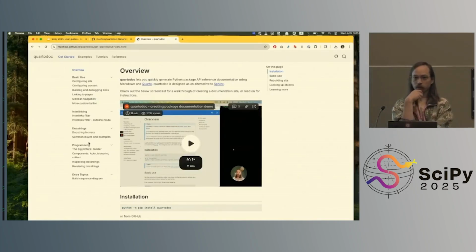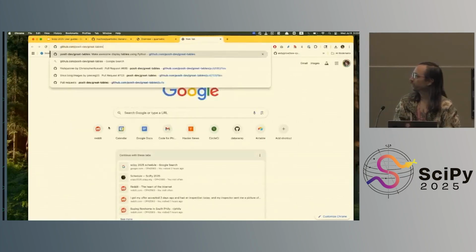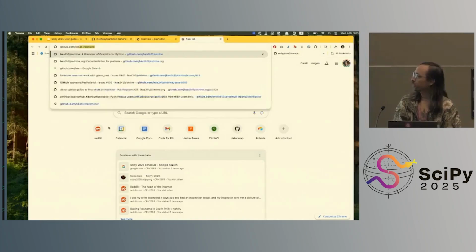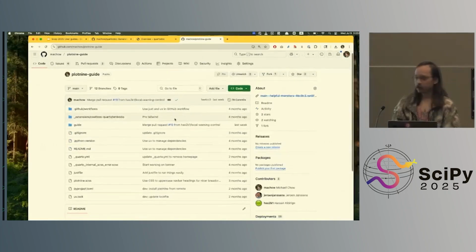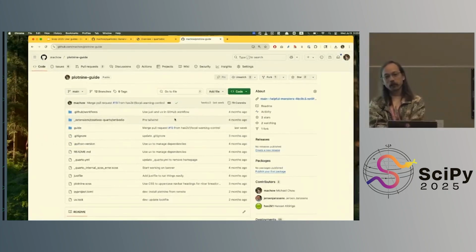Okay. Lauren was wondering, is it useful to have a user guide be part of a repo to facilitate contributions from the point of view of users instead of authors? Is that common? Oh, you said user guide in its own repo? Yes. What a great question. I actually have a user guide. So the Plot9 guide, I own the repo. I don't know if this counts, but the reason I did this was maybe for that reason, as I said, this is such a big job. This is basically